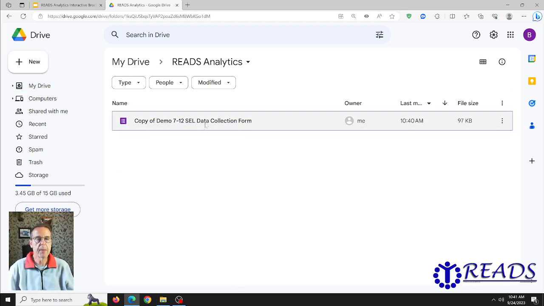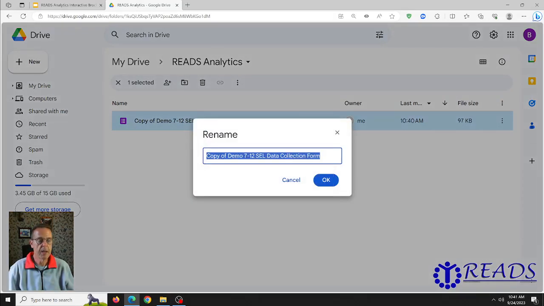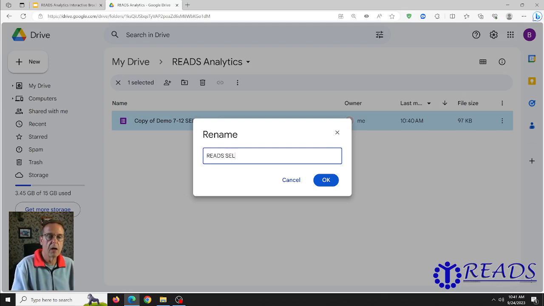So the next step here is we want to rename this. So we're going to rename it to Reed's SEL form, just like that. This is important. Make sure you name these things the same way that I have. You're going to be tempted to name it after your district. You're going to be tempted to customize it. Don't customize it yet. Wait until it's up and running and you know it's working,